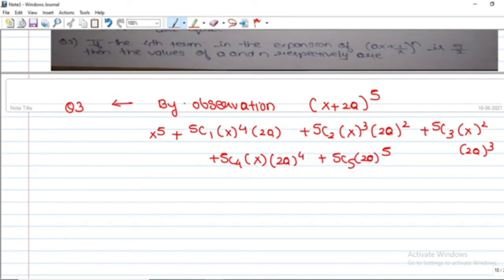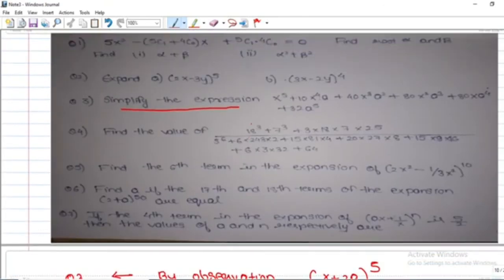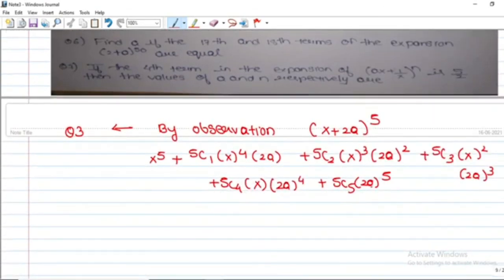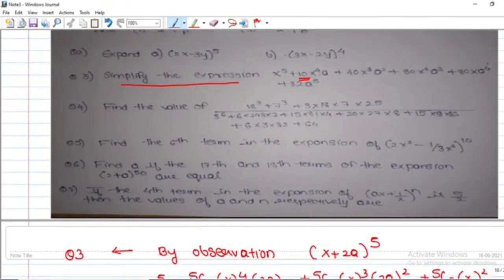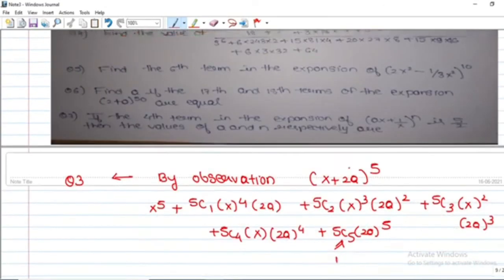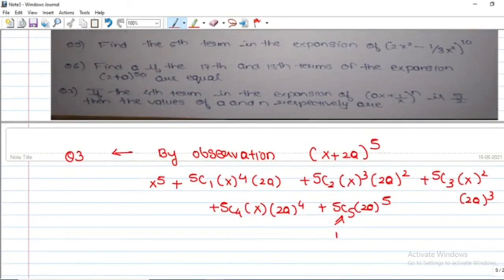So here also I did the expansion, you will get the same answer. 5 into 2 is 10, which again confirms our point that 10 is appearing, and here 2 power 5, because this will become 1, as I told, nC n is nothing but 1 and 2 power 5 is nothing but 32. So here also you can clearly see 32a power 5. So we came to know that this is the simplification of this. If they had given x and a values, then you would have got the direct value of it.